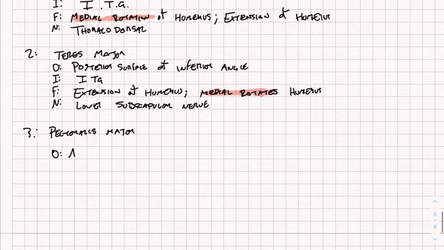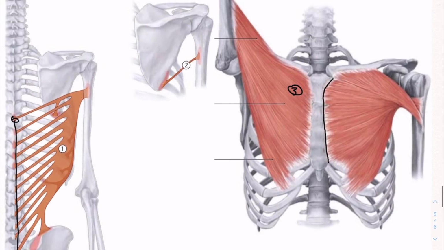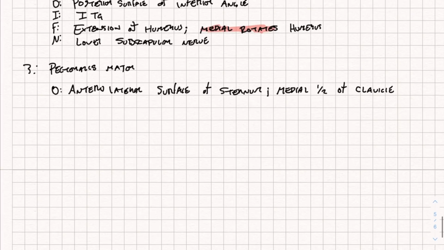So we're going to say the anterolateral surface of the sternum, and it's also the medial half of the clavicle. So here's the clavicle, here's the medial half of it, here's the more lateral half. Okay, this inserts over onto the intertubercular groove,